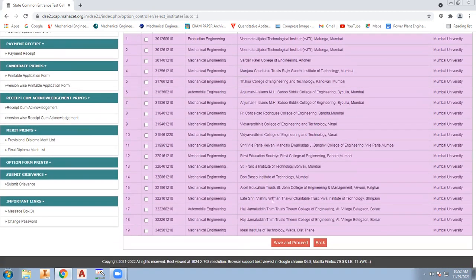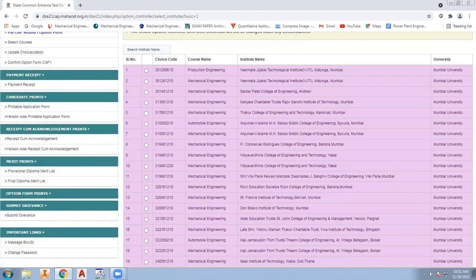So this is the college list, these are the colleges which are available in Palghar, in Thane and in Mumbai, Navi Mumbai, as per my selection, and all these colleges come under Mumbai University. Obviously, I've selected this Mumbai University. Then you have to select the college in which you are looking to take the admission. I'm selecting the colleges VGTI, then SP.